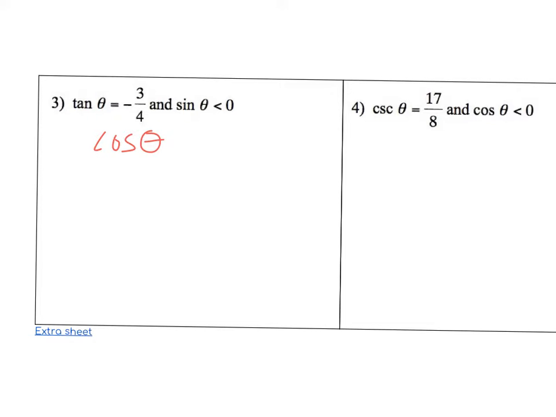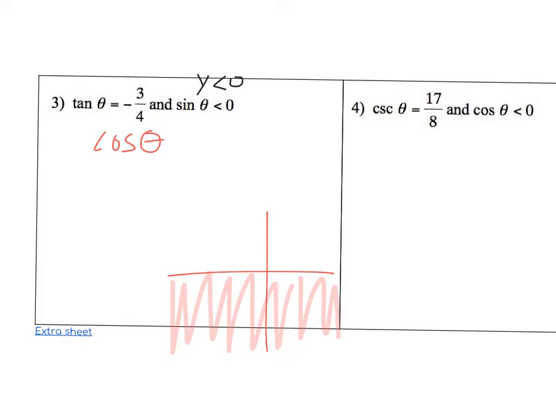Okay, first thing I'm going to do is identify what quadrant this is in. And I'm going to use the idea that sine is the y value, and if y is less than 0, then the first thing we have to be aware of is that we're talking about one of the quadrants that are below the x-axis. The next thing I have to understand is that tangent is the y value divided by